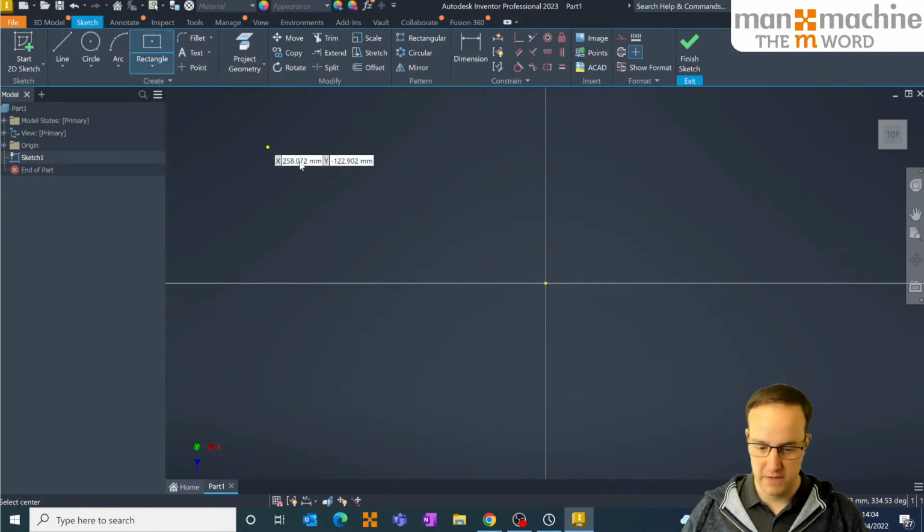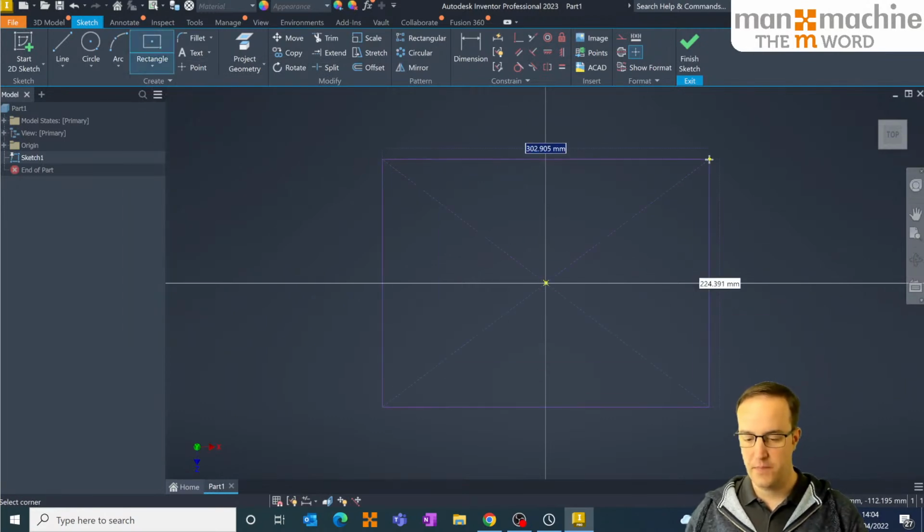Please make that the default selection. That would be lovely rather than the standard 2-point center rectangle, and let's constrain that to the center point. Now the first thing I want to do here, because I'm going to create something that's parametric that I can then drive,